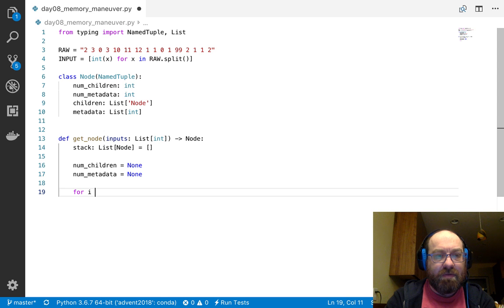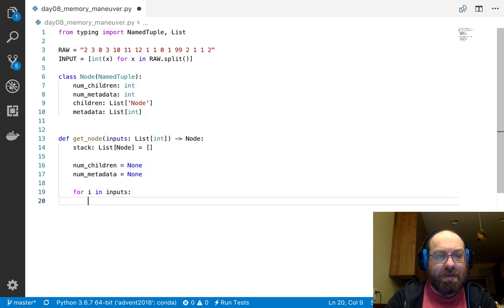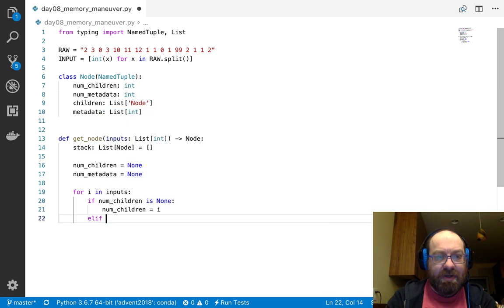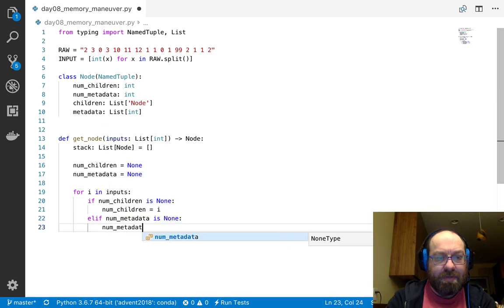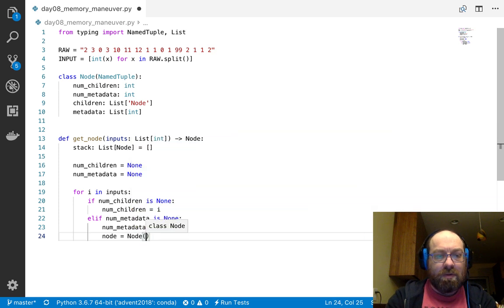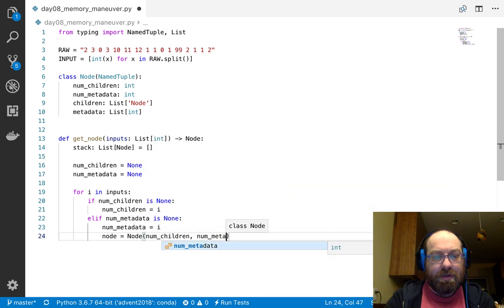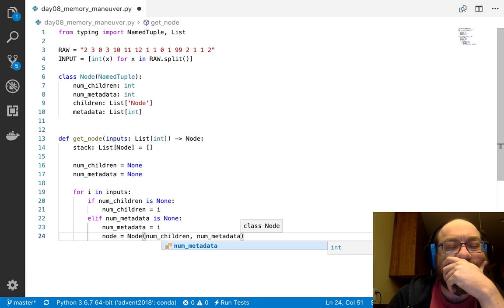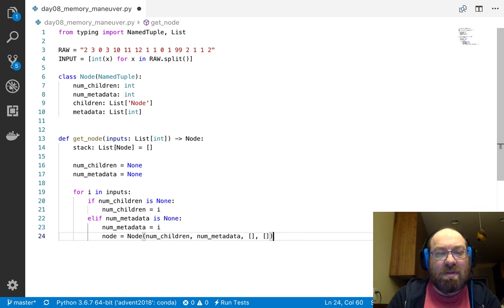So let's say for I in inputs, if num children is none, num children equals I. If num metadata is none, num metadata equals I. And node equals node num children num metadata that